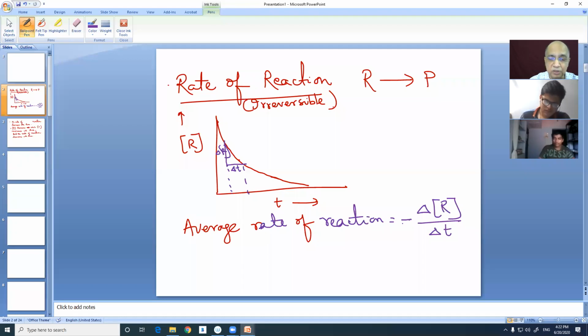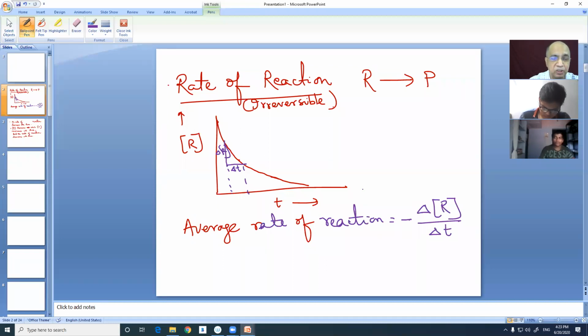Rate is always positive. But since this delta R by delta T, which is tan theta, theta is the positive angle, its value will be negative. So to make it positive, a minus sign is given